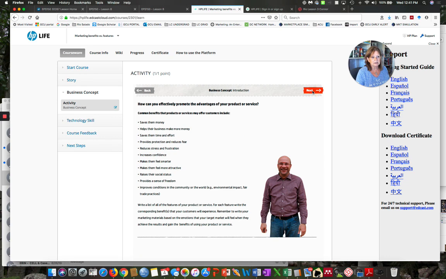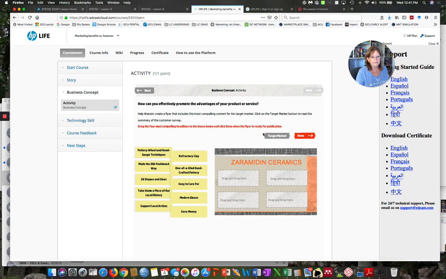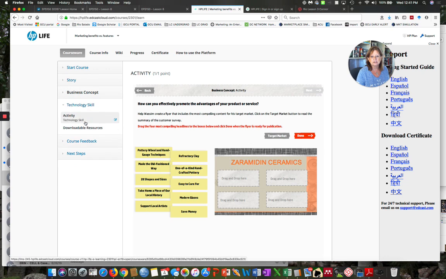Let me find it. In this activity, you are to identify which of these elements to focus on in your marketing. When you're doing that, make sure you read this information on target market first. It might lessen the amount of time. As with previous lessons we've done on this website, you can go back and keep redoing it until you get the perfect answers. And then in technology skills,